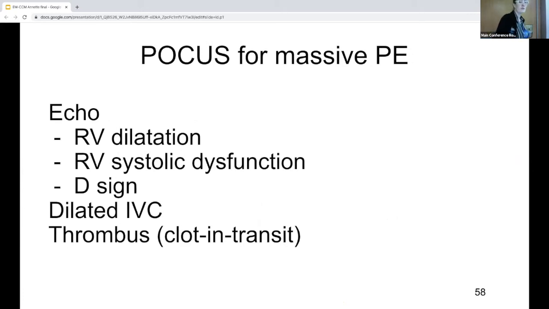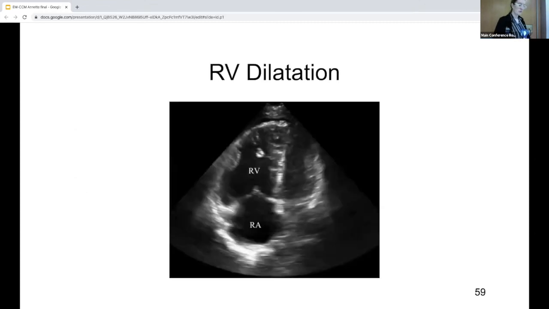How does POCUS look for massive PE in more detail? We do an echo, we see a right ventricular dilatation, we see a right ventricular systolic dysfunction, we see the famous D sign, a dilated IVC, and a thrombus, possibly a clot in transit. So this is an image for the right ventricular dilatation. You see that the right to left basal diameter, which is normally 1 to 3 to 1 to 2, has changed to a larger right ventricle. There could be tricuspid regurgitation, and normally you see that the right ventricle has a pretty thin wall, because if you see a thick wall,